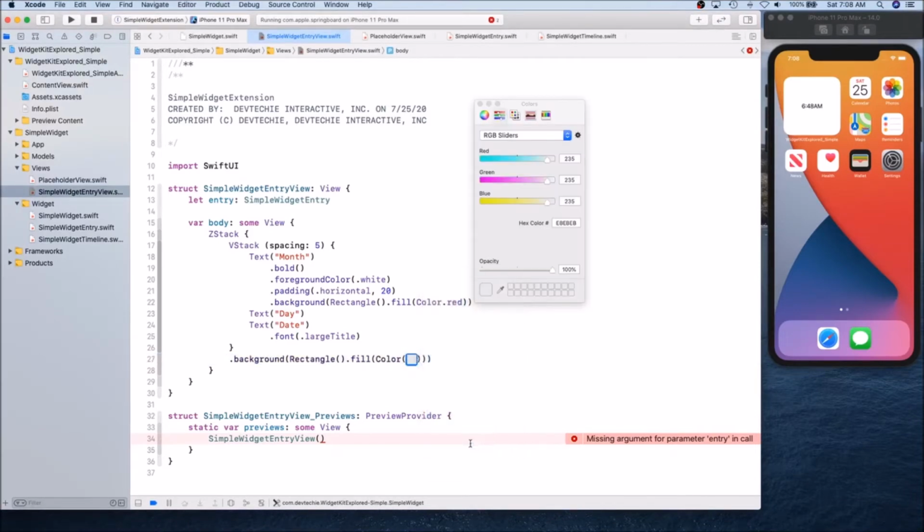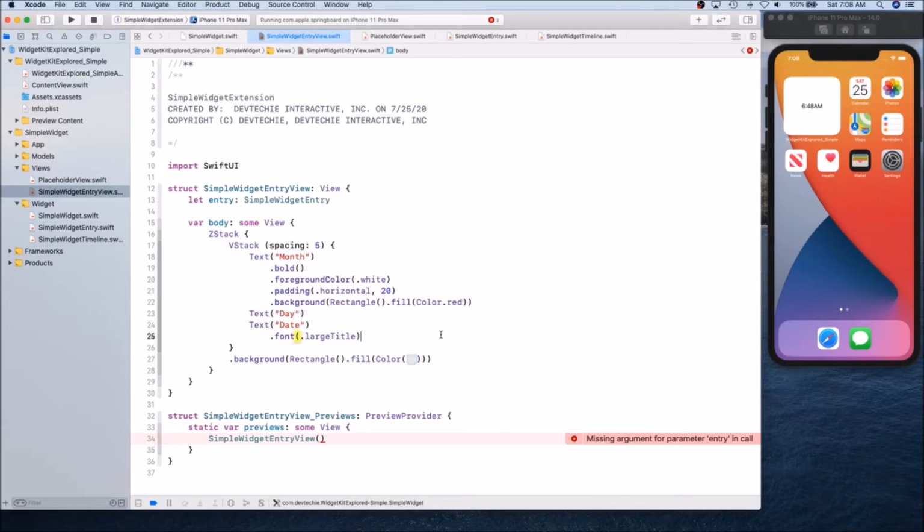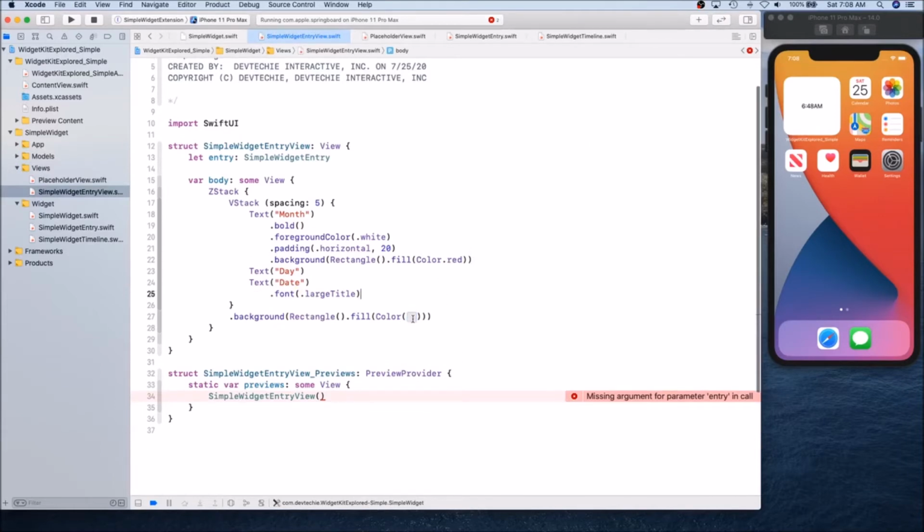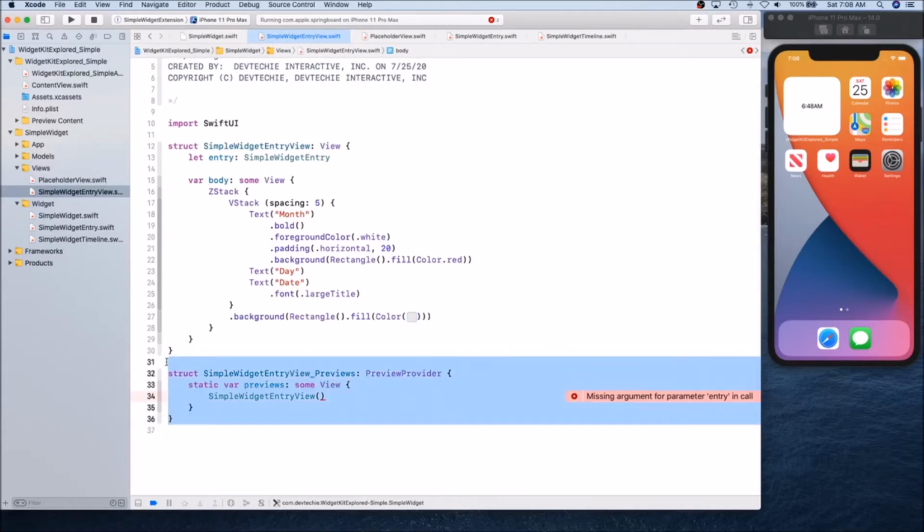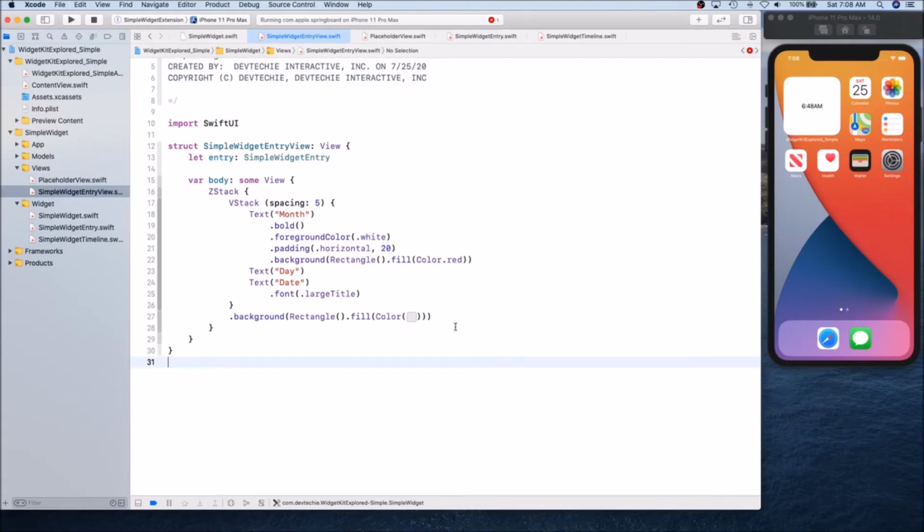So this is the Xcode EB for this color. Okay, and it's slightly sort of like off-white, so I'm going to remove the preview section, and next we're going